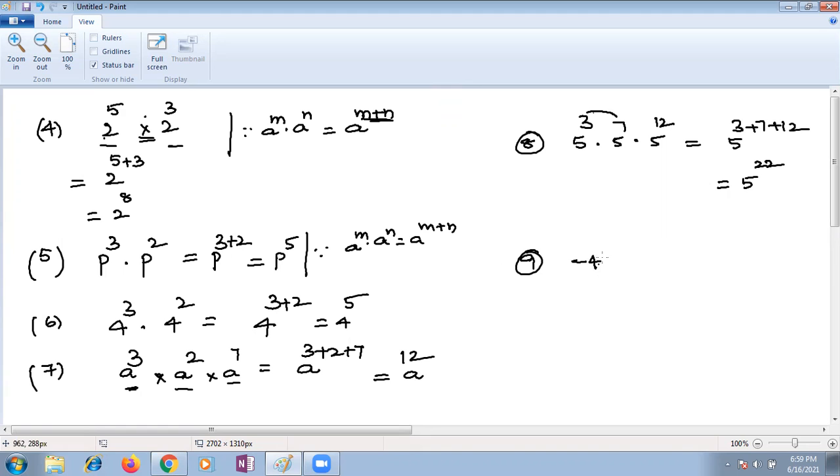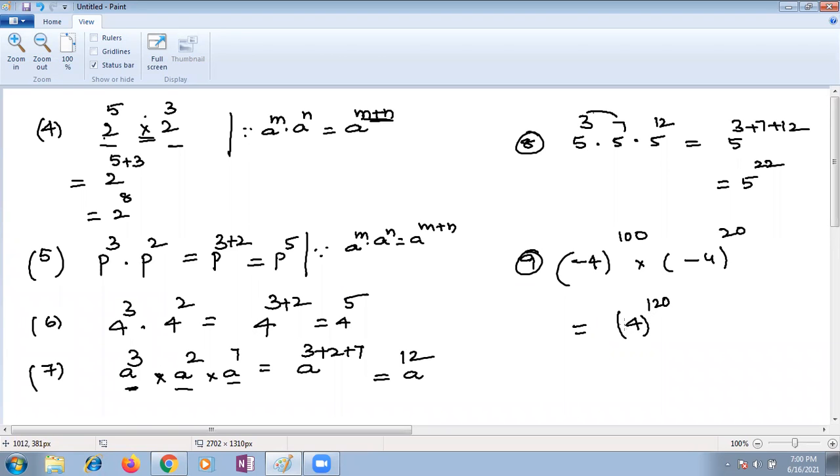Let me give the question so that you can answer. Harini, please respond and give the answer. Minus 4 to the power 100 multiplied with minus 4 raised to 20. Ma'am, then it will be a positive 4, with 100 plus 20, which is 120. Excellent. Why are you taking positive? Can you help my students, how are you getting positive here?